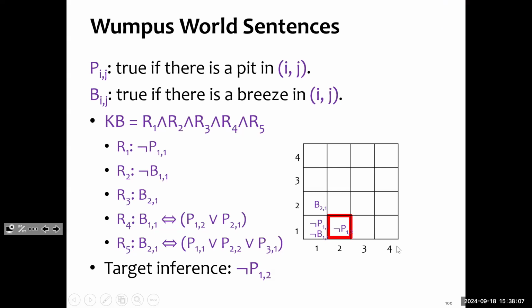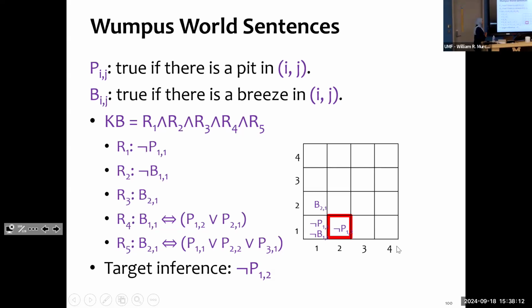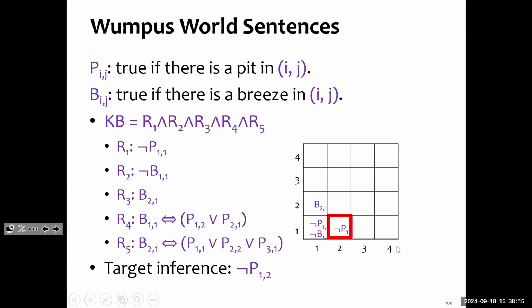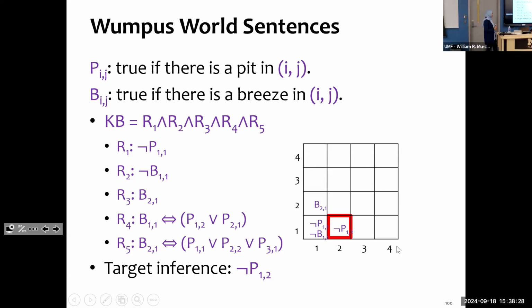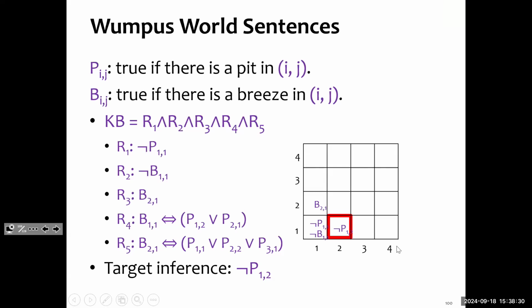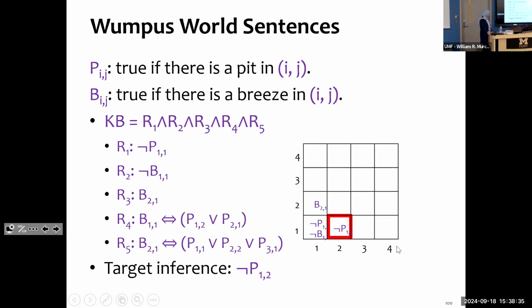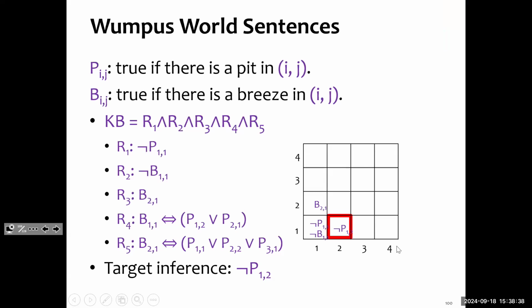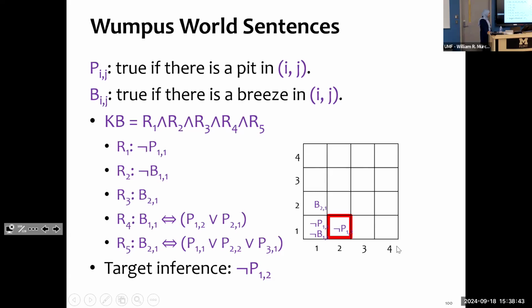Yeah, that makes sense. It was proved from the other rules. Which rule exactly? If you can explain, Zoya. So for instance, let me move back to the slide so I can see all the rules. So we see that in rule 2, there's no breeze. So that's an important rule. And then we also see that if there's no breeze, then there's no pit. And that would be rule